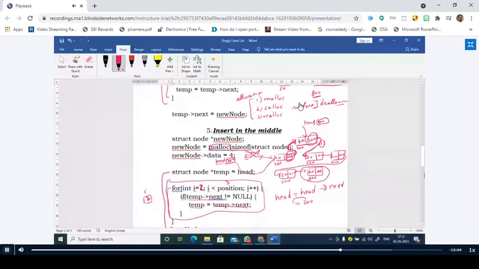So what is the value of temp right now? 700. Listen carefully. Temp is equal to temp next. That means temp becomes 700 instead of 200. Now you again check the condition. Temp next is not equal to null. What is temp next? It is 400. It is not equal to null. So what happens? You have to change the temp to point to the next node. So it is temp is equal to temp next. So what is the value of temp right now? 300, sir.